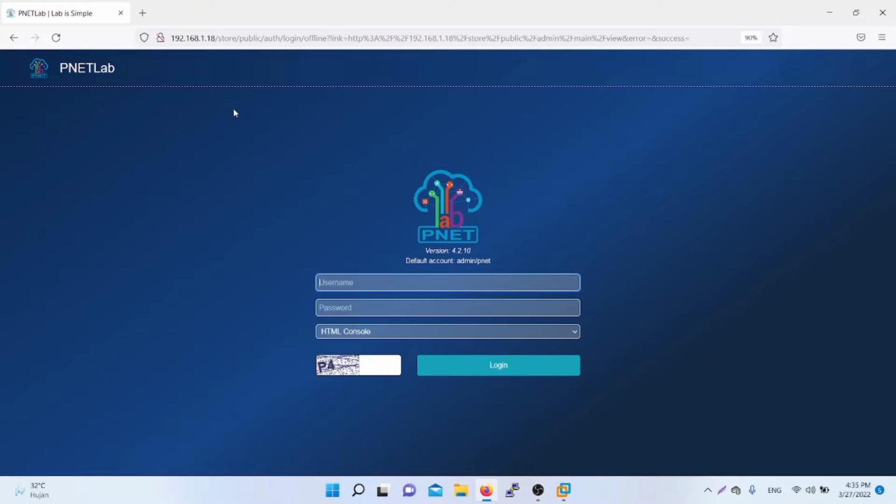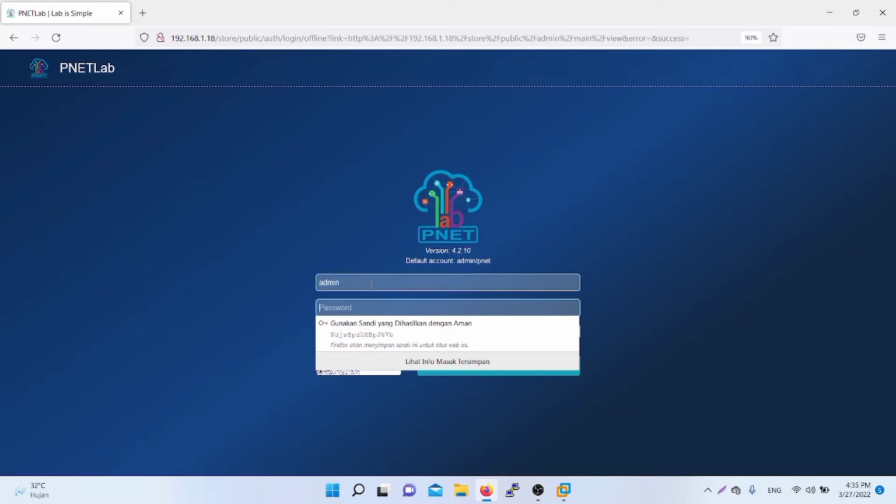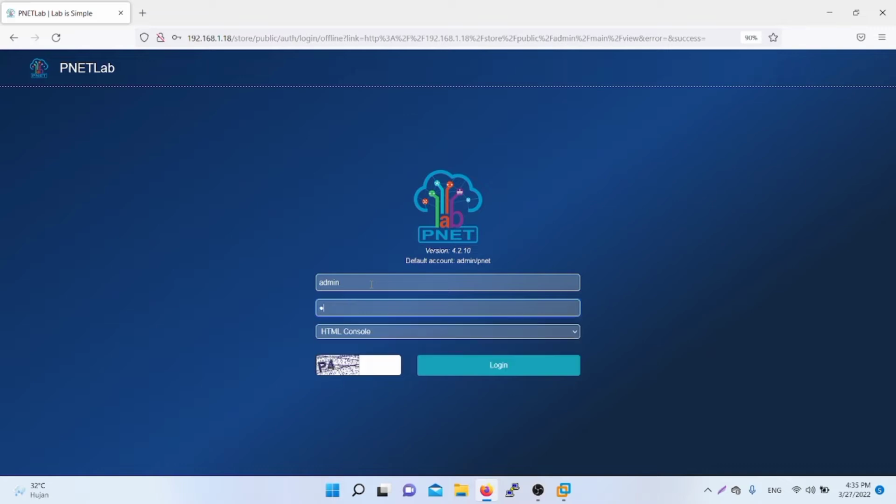If the display is like this, we have to go to the website of PNetLab, and we must log in if we want to go to the PNetLab dashboard. For username, we choose admin and the password is pnet.